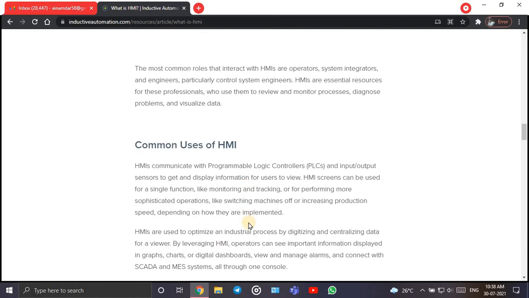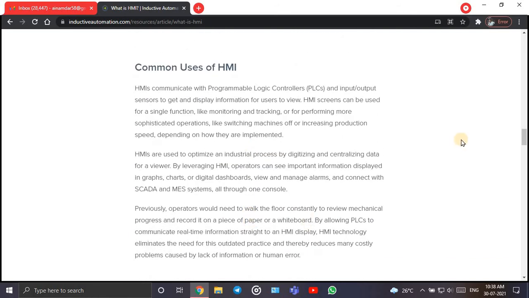Now, common uses of HMI. So, HMIs communicate with the PLCs and input-output sensors to get information displayed for users to view. HMI screens can be used for a single function like monitoring and tracking, or also for performing more roles or operations like switching machines off or increasing or decreasing the production speed depending upon the requirement.